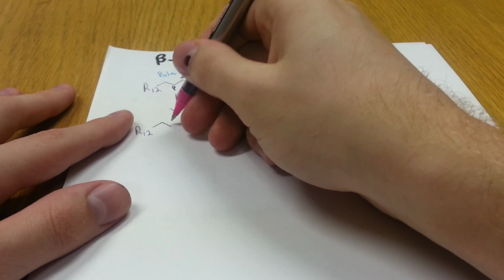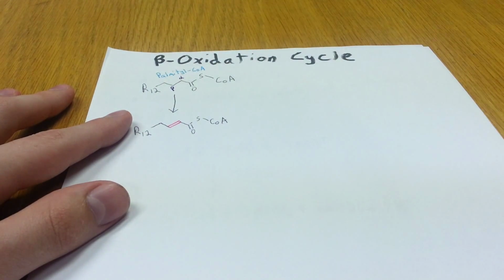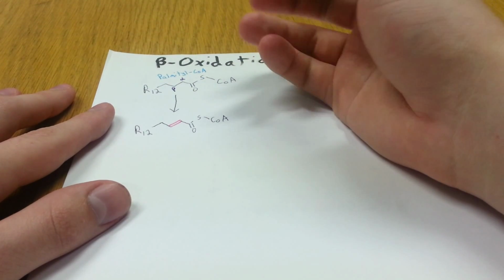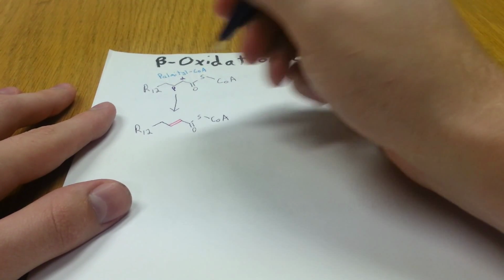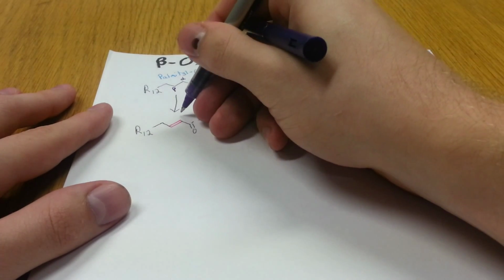So this is a double bond between the alpha and beta carbon here, and this is our dehydration, or excuse me, it's our oxidation step, which is a dehydrogenation, but it's also an oxidation. So here's the alpha and beta carbon,